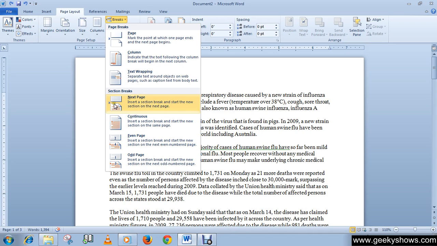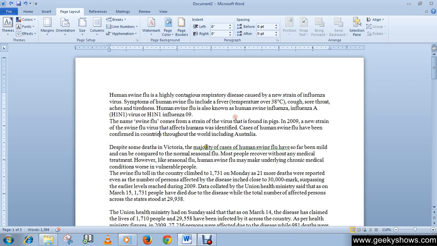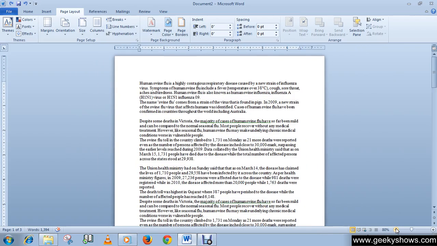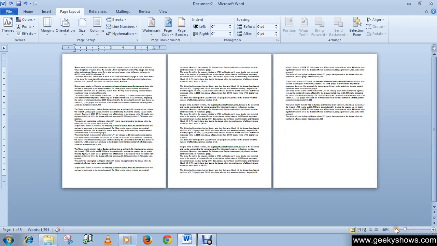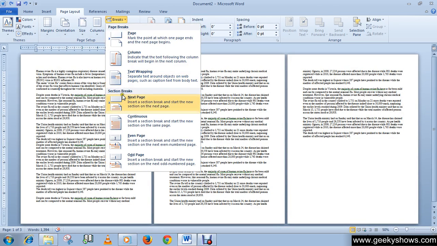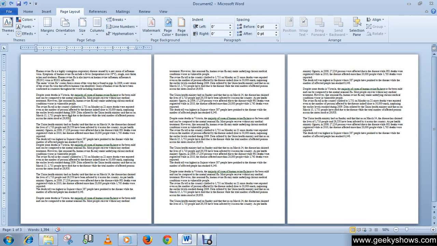The first option of section breaks is Next Page. Let me show you why we should use the Next Page option, which comes under section breaks. For example, if I want to create a landscape page, this is my page number 1, this is my page number 2, and this is my page number 3.